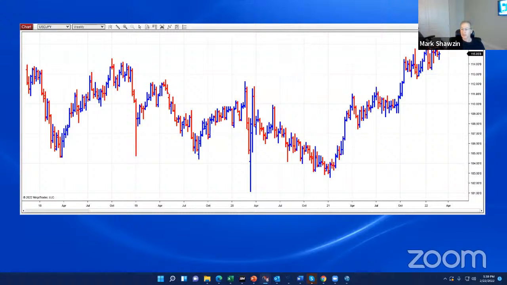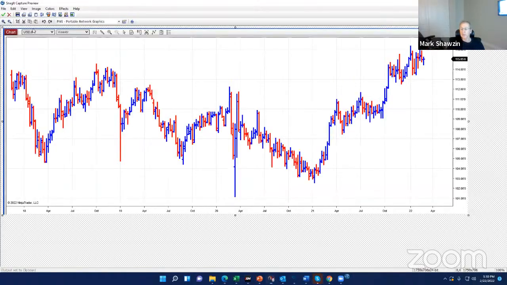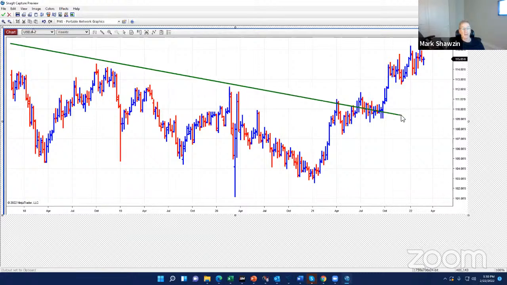So this is the dollar yen, and this is kind of a compressed chart, but it broke out above this descending line. For years, it was kind of going in a descending pattern. And then all of a sudden, so you had these kind of lower highs, and then all of a sudden you had a higher high. It changed its cadence. This was 5 years in one direction of lower highs. And then all of a sudden it changed its cadence and you saw a higher high. But then you saw it just going back and forth and back and forth.